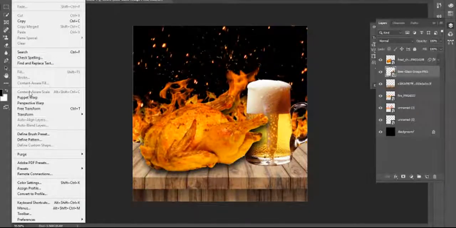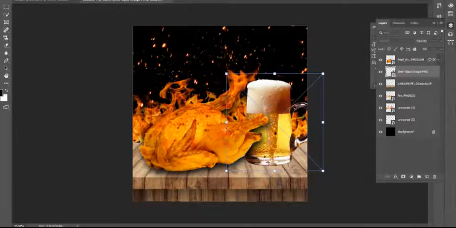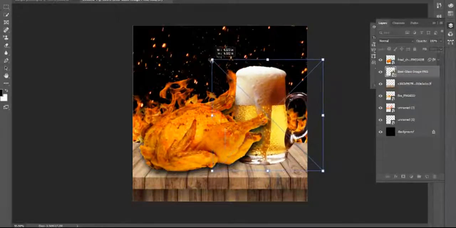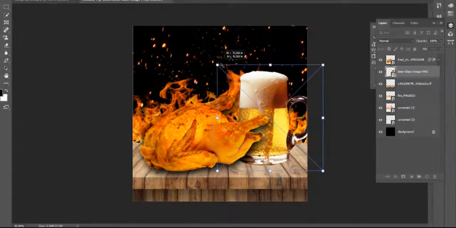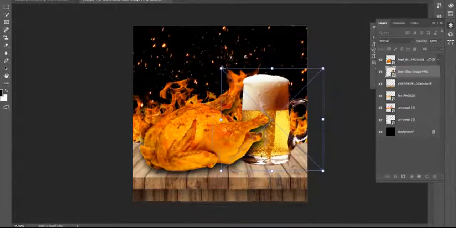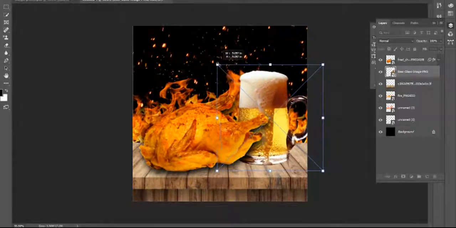In the Edit menu, you find the Free Transform option. When you click on Free Transform, a bounding box is loaded, and you just drag from the corner. Make sure you drag from the corner. If you don't have this version, which is 2019, please press the Shift key on your keyboard, then you can drag. And this time I don't press any key.